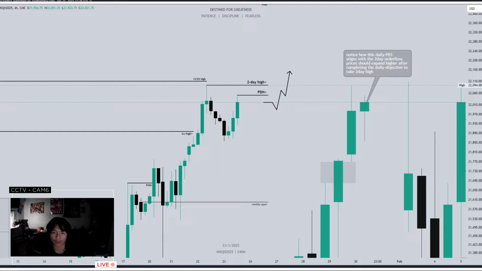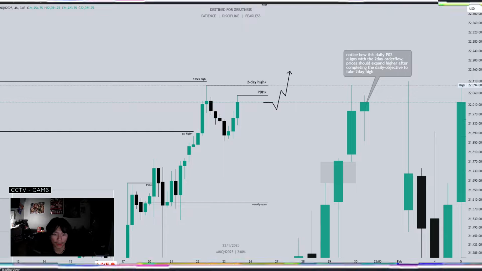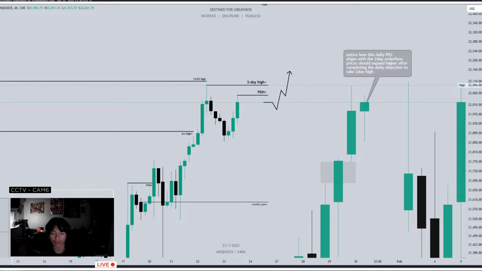So I'm going to now rely on the daily candle as my model, and the higher time frame objective, or the higher time frame order flow, is the 2-day time frame. So now that I know that my model is on the daily time frame, I can use the 4-hour, the hourly, the 6-hour, the 8-hour as my entry pattern. But one thing that is